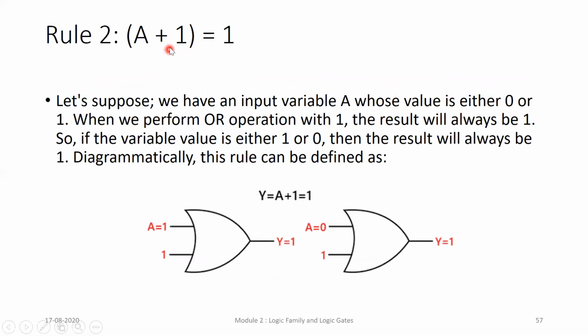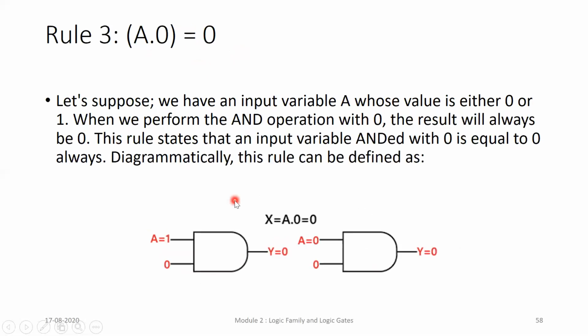So A plus 1. The logic is whenever it is plus, an OR gate comes into the picture. If it is A plus 1, at one input I give A, at the other input it is a fixed value 1. So whether A is 1 or 0, its value is not fixed, the output will be 1 because it's an OR operation. Any one input being 1, because this is already 1, my output is 1. So that's my rule 2. I'm using an OR gate. These are simple.